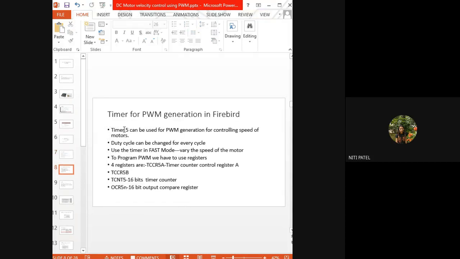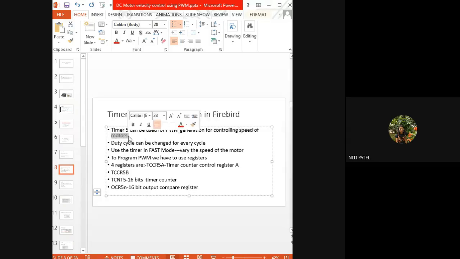So we are going to use this timer 5 to generate these pulses and to control the speed of the motor. Which motor? DC motor, जिसको wheel connected है. तो जैसे ही उसका स्पीड कम हो जाएगा, उतने कम स्पीड से व्हील घूमेगा और उतने ही कम स्पीड से आपका रोबोट भी चलेगा. ओके, सो how do we control the speed of the robot? We control the speed of this robot by using this timer 5, which will generate these PWM signals, and because of which automatically the speed will be reduced.